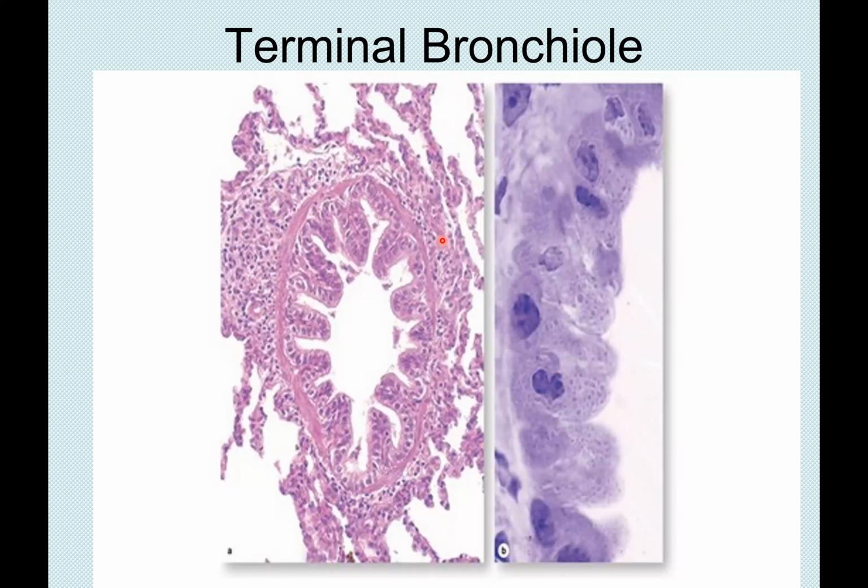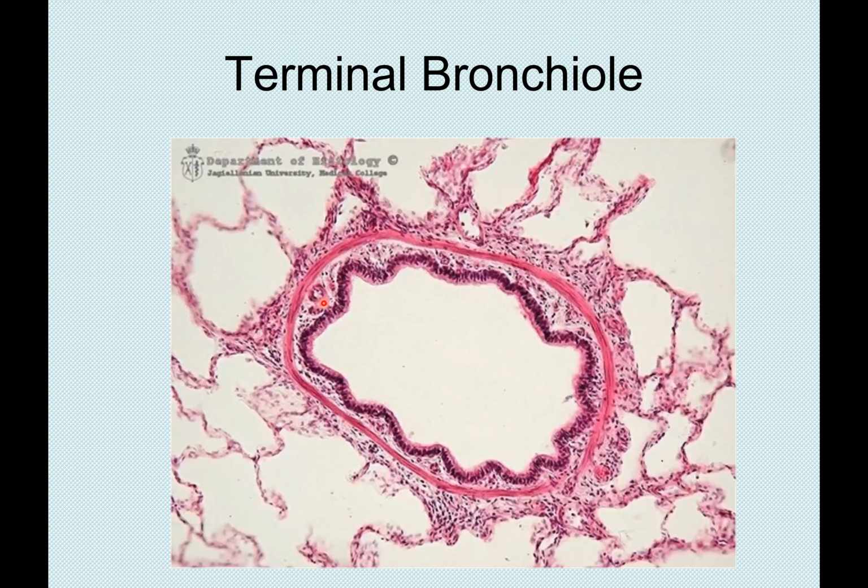So this is showing us the terminal bronchiole. To show it better, you can see the smooth muscle layer here. The smooth muscle layer here, okay? And so who can tell me the type of epithelia that is here? This is a